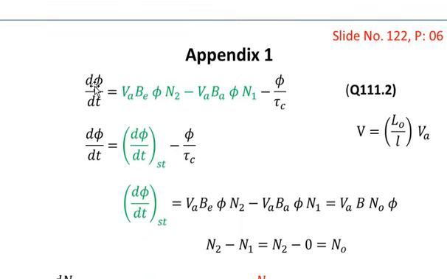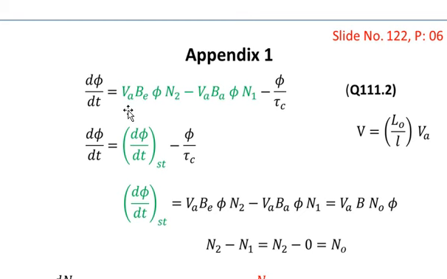This is the rate of change of a photon, that is dφ/dt equals Va times Be times φ times n2 minus Va times Ba times φ times n1 minus φ over τc. This equation has been discussed in equation 111.2 or in slide number 111. I suggest that you consult slide number 111 if you want to deeply understand these equations,